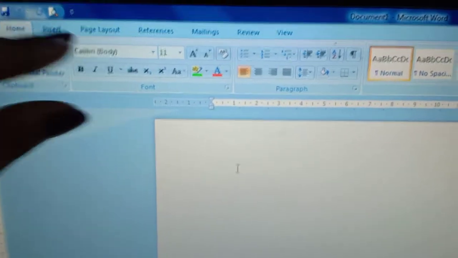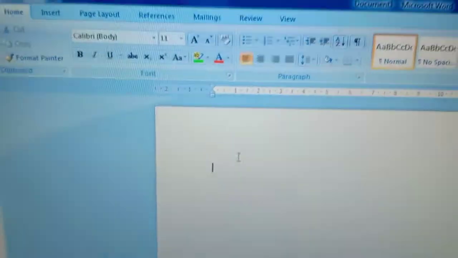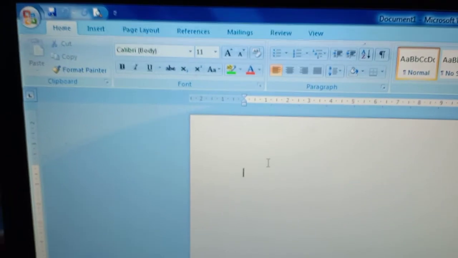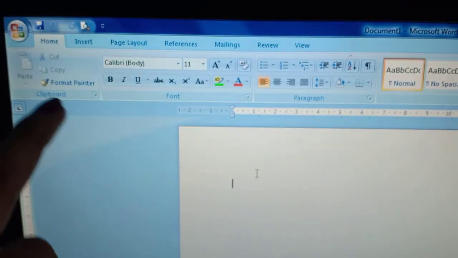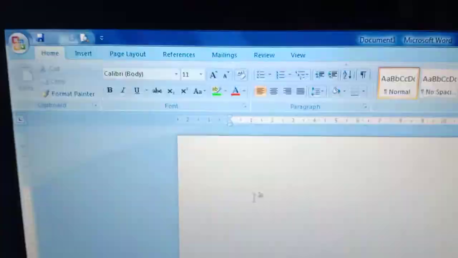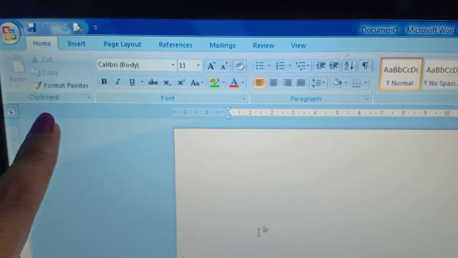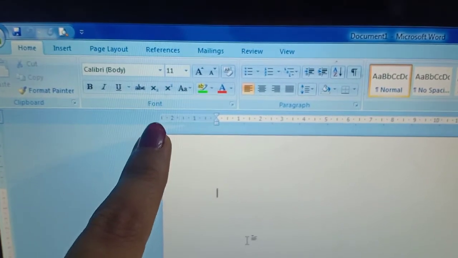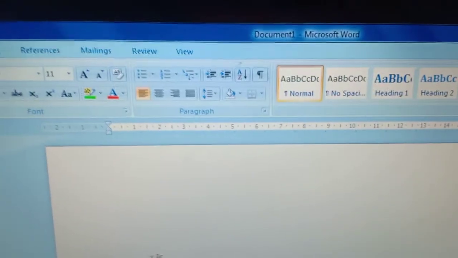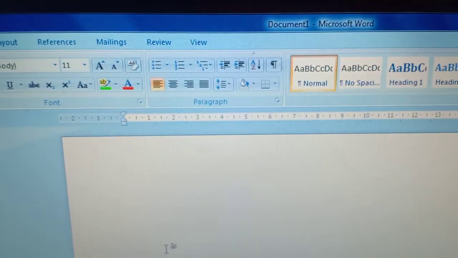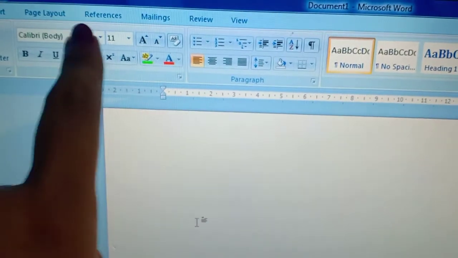And the next one, this total one is the ribbon. The ribbon is divided into different types of group. First one is clipboard group, next one is font group, then paragraph group, then here the styles group. So these are the different groups present in a ribbon, and the above are the tabs.